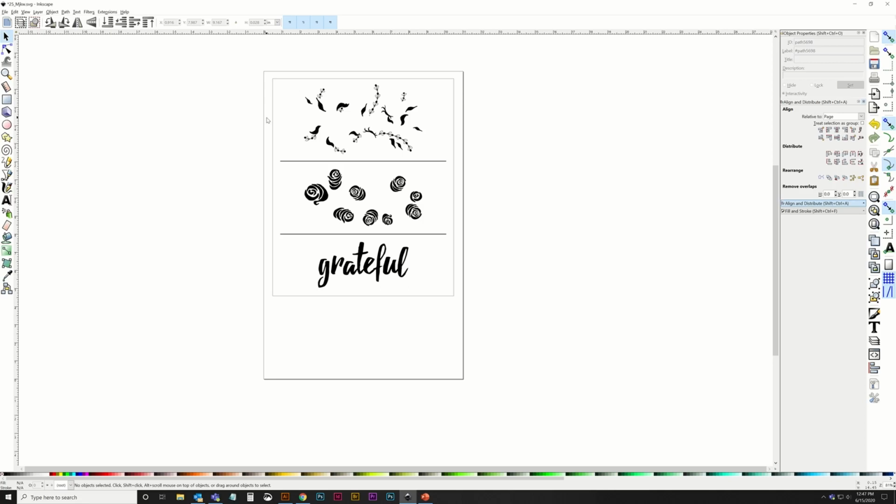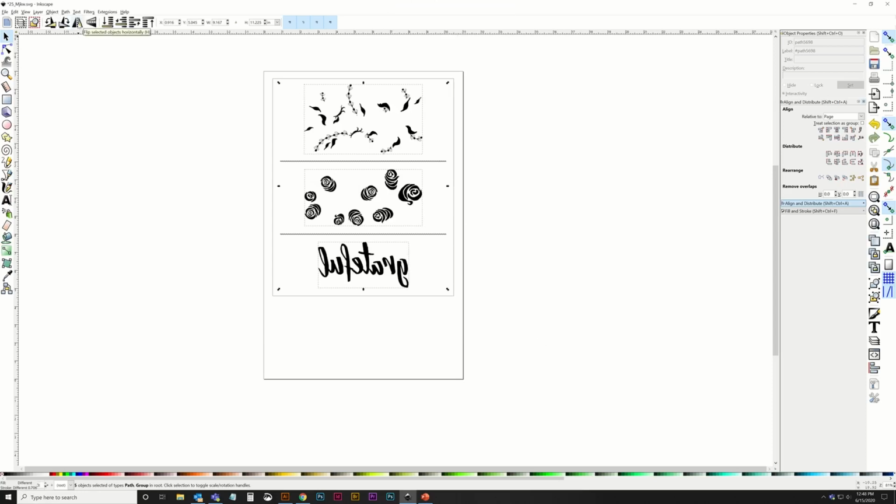So Inkscape doesn't have a mirror image in its print dialog settings. If your specific printer does, you can do this in the print settings. Some do, some don't. So my setup doesn't. So I'm just going to mirror my artwork by selecting it and choosing this flip selected objects horizontally button. So that just mirrored my artwork. So it's as easy as just one click of the button. So now that my artwork is mirrored, I'm going to go to print. So File, Print,